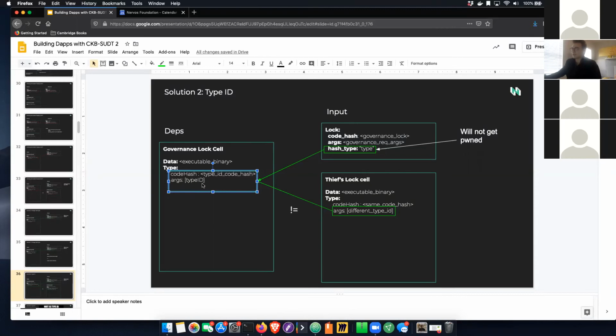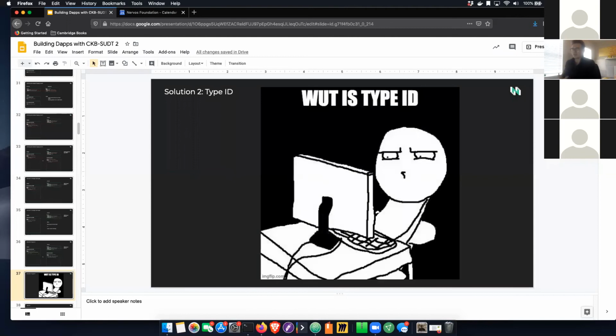Every time you create a new cell with the code hash as the type ID code hash, basically applying the type ID script as the type script to this cell, every time you do that, you need a new argument here that's always unique. And so if a thief tries to reuse the same code hash, they can do that. That's perfectly fine. They'll reuse the type ID code hash, but they're only going to be able to use a different type ID because the logic inside of this type ID prevents them from using a type ID that was already used before. And we're wondering, basically, how does type ID accomplish this